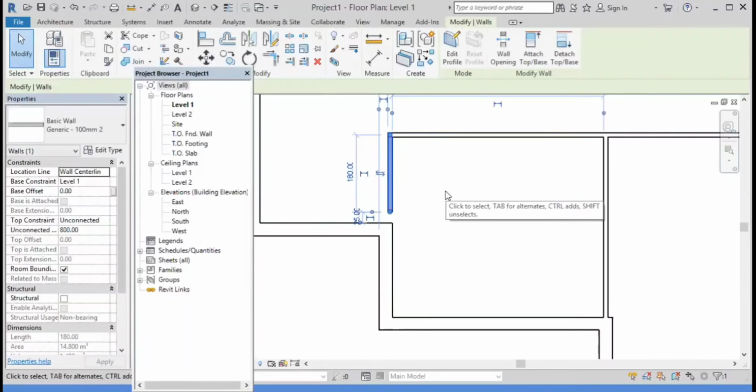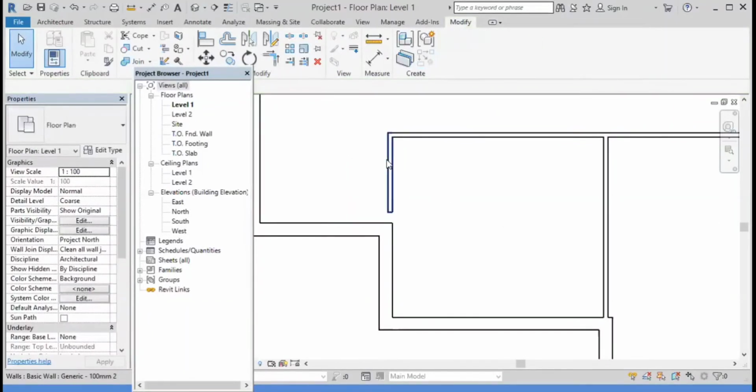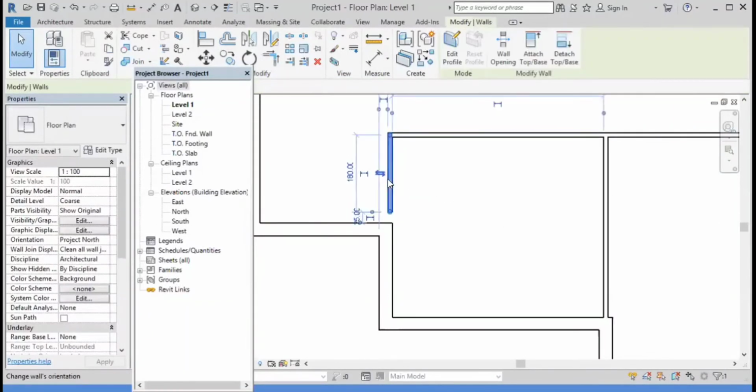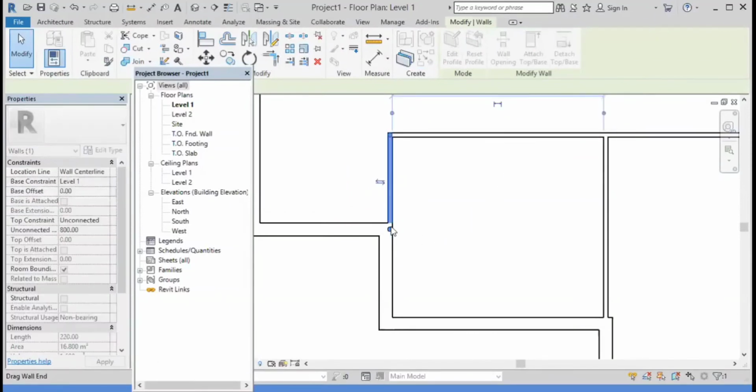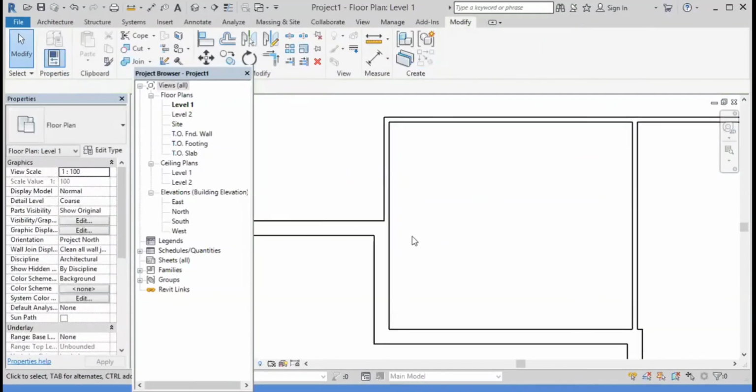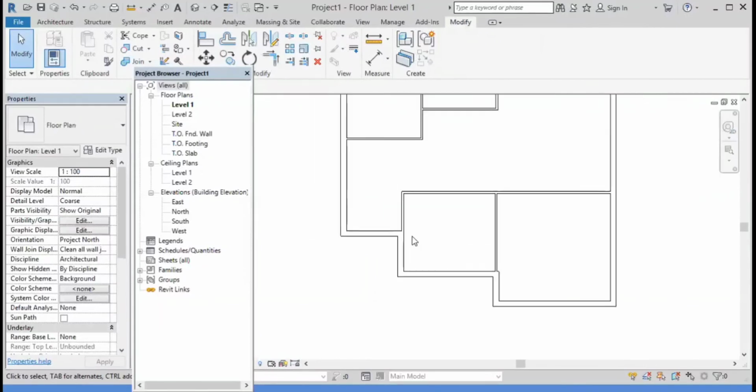You can specifically move the wall with AL align. Again, I will extend this point towards here so that this will be aligned. You can see it. So now